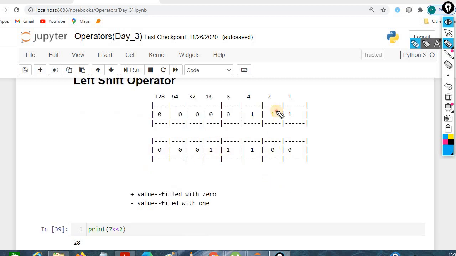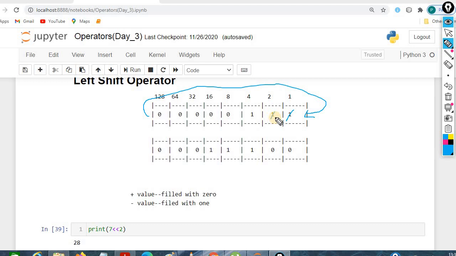Here these 2 bits go forward and this 0 is coming back here. The remaining positions are filled with zeros.